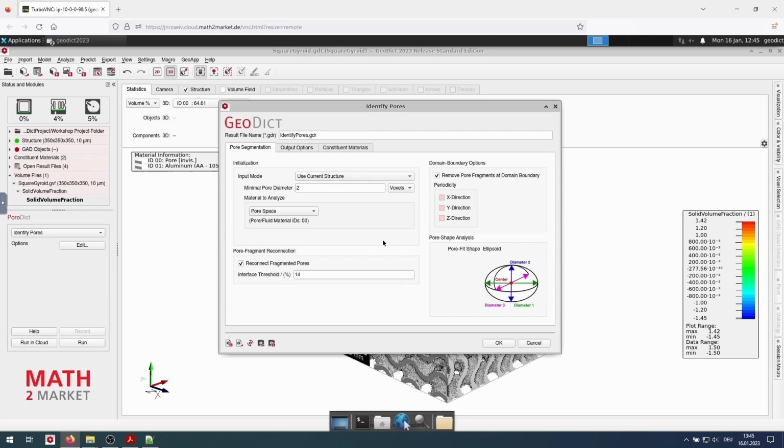For this case, we will keep almost all settings the same and just change the result file name to square gyroid.